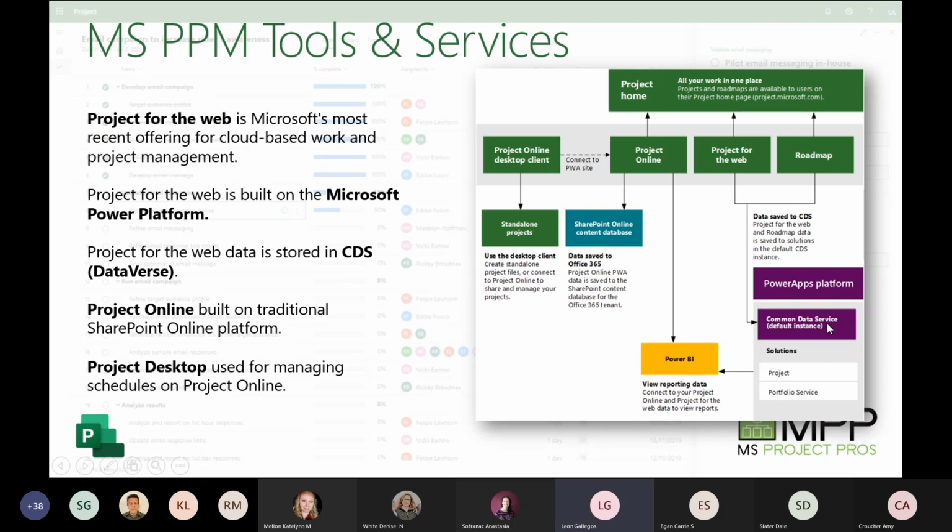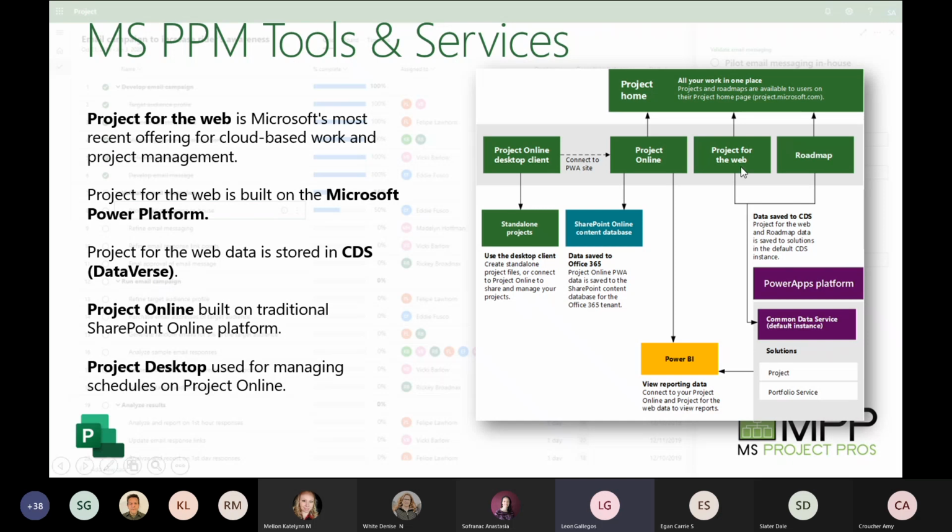And what's called the Common Data Service is what they're now referring to as the Dataverse. So whenever you hear Dataverse, it's different than the metaverse, which is also floating out there. This is Microsoft's new cloud-based database, essentially, where you can build apps and store them in this centralized data location.